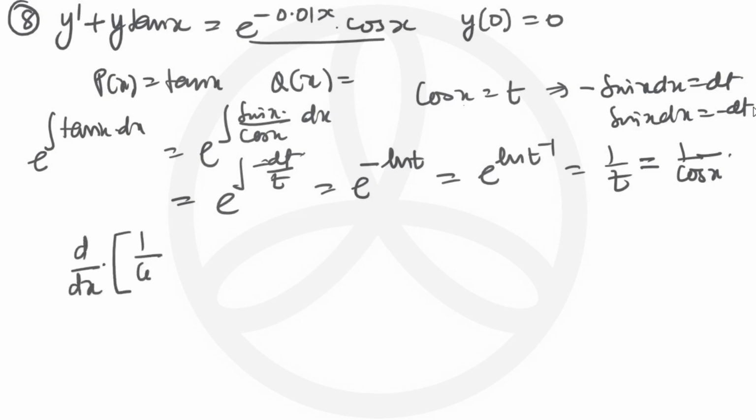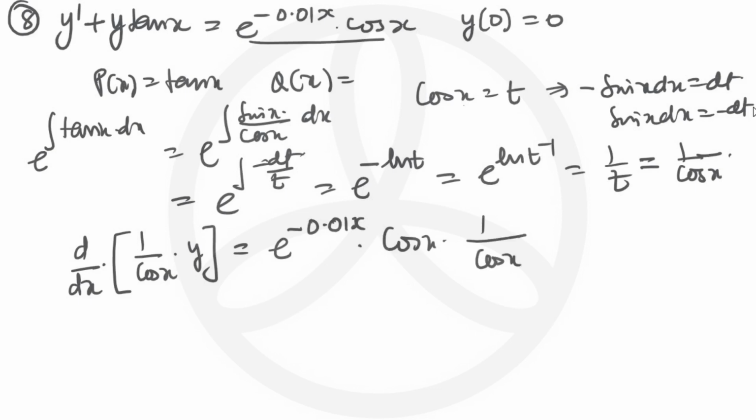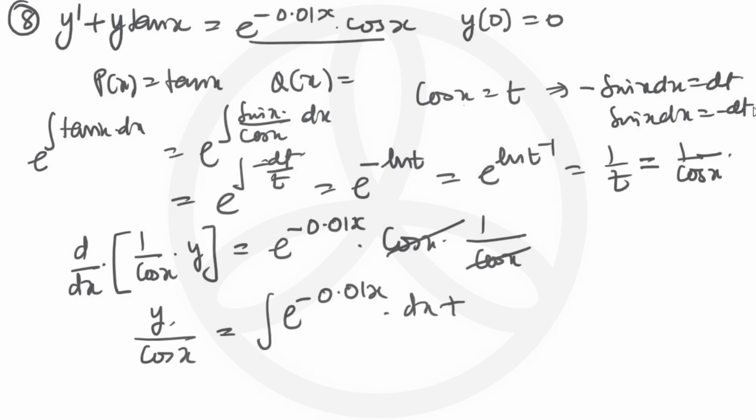As per the rule, I take 1 by cos x, which is actually the integrating factor, and then I take y here, and multiply the right hand side with e to the power minus 0.01x cos x multiplied by 1 by cos x. Okay, this will go off, and when we apply the integration sign on both the sides, here we will get y by cos x, and on this side we get integration of e to the power minus 0.01x dx plus a constant of integration c,